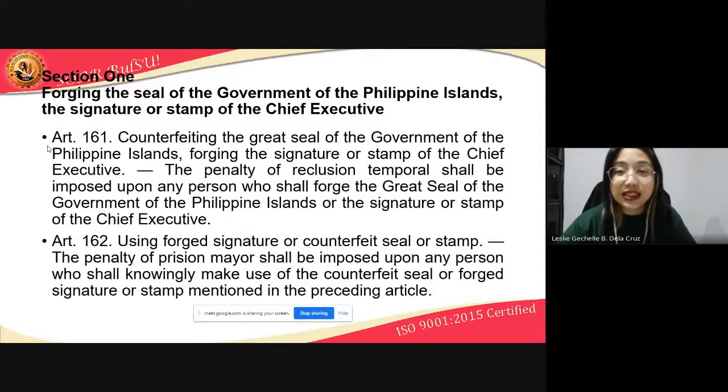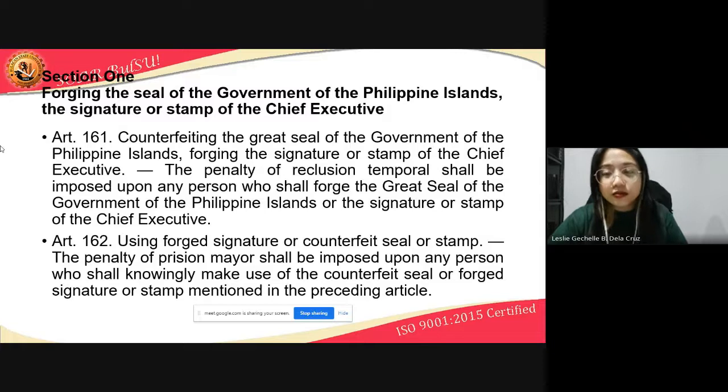Okay, so the penalty is reclusion temporal. It shall be imposed upon any person who shall forge the Great Seal of the government of the Philippine Islands or the signature or stamp of the chief executive. Under Article 162, using forged signature or counterfeit seal or stamp, the penalty of prision mayor shall be imposed upon any person who shall knowingly make use of the counterfeited seal or forged signature or stamp mentioned in the preceding